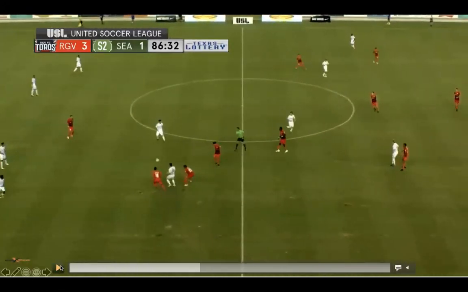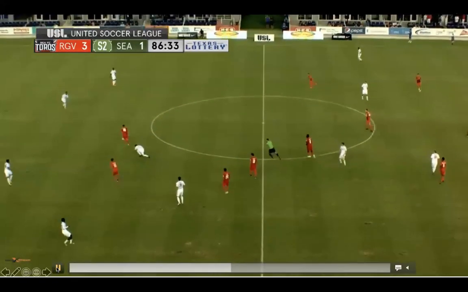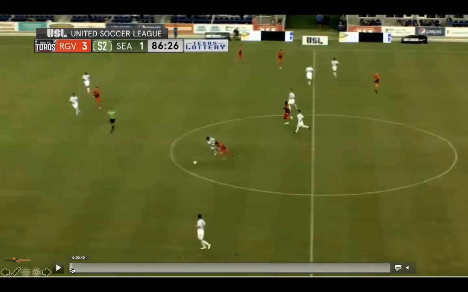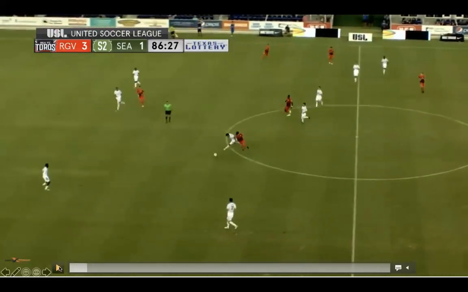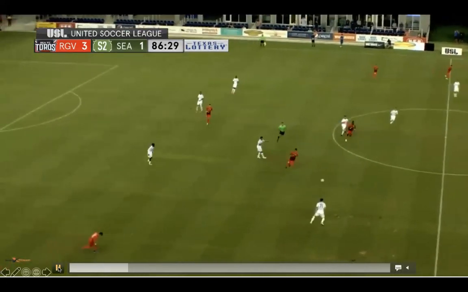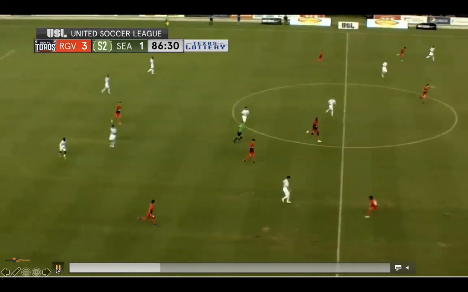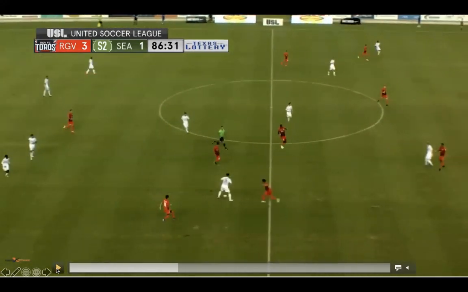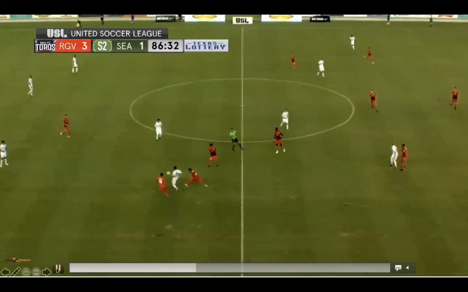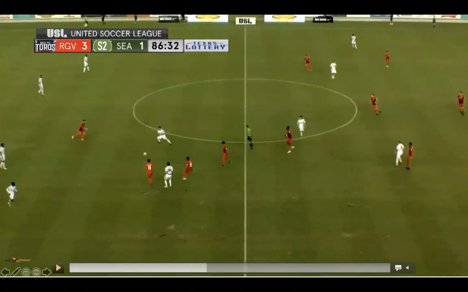So you can see here, even then he hasn't called it. He's still waiting, and he doesn't call the foul until the play gets turned over. That's technically incorrect because this player was fouled here. Once he plays the ball and the referee says, okay, I'm not going to call a foul, he has decided that it's to their advantage for him not to blow the whistle now. So that player gets the ball, obviously doesn't have anywhere to go, and so he makes a pass. Technically, that advantage was realized, even though it was never present.